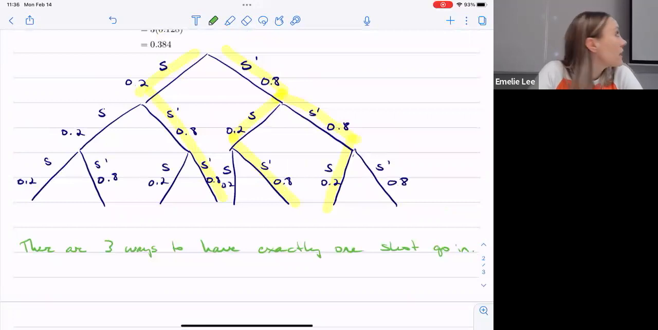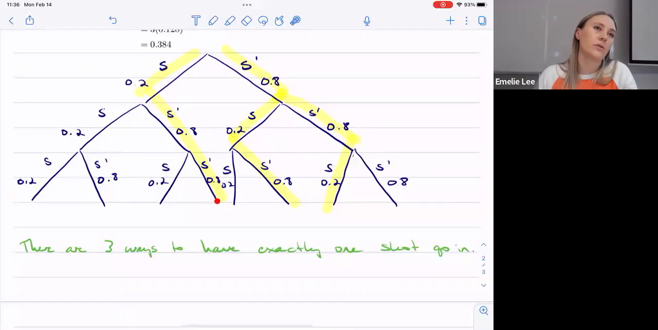Because these probabilities stay the same, it doesn't matter how I multiply down these branches, right? 0.2 times 0.8 times 0.8, because I can only have 1 success and 2 failures. And then there's 3 ways of arranging that, right? If you think about how you would multiply down, you're multiplying the same numbers, just in a different order, right? So yeah, 0.2 times 0.8 times 0.8, or 0.8 times 0.2 times 0.8. So really what we have is 3 times 0.2 times 0.8 times 0.8,